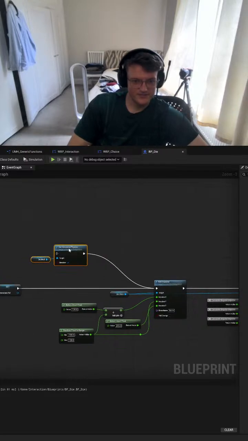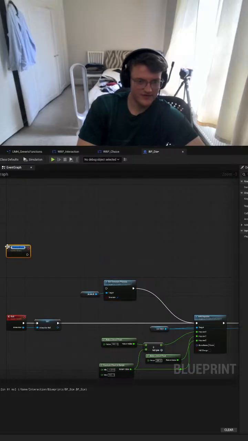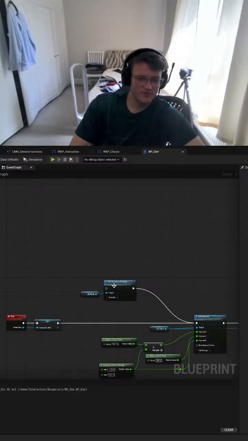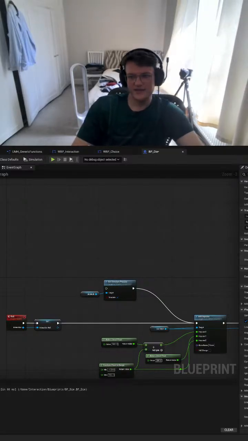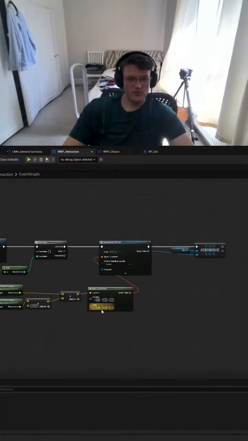So instead of doing this, on event begin play, we're going to create a custom event, which is update attachment, and then we'll create a variable. I don't know if we want to do that this way. I don't know if that should be handled by this thing. So firstly, let's say it simulates physics by default. Compile, save. And on our interaction, when we spawn our die,